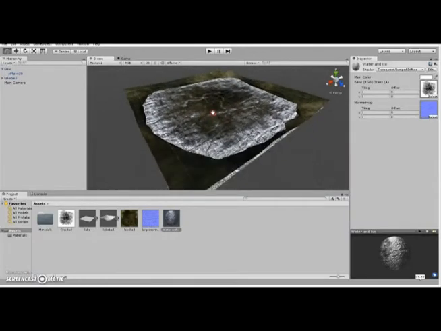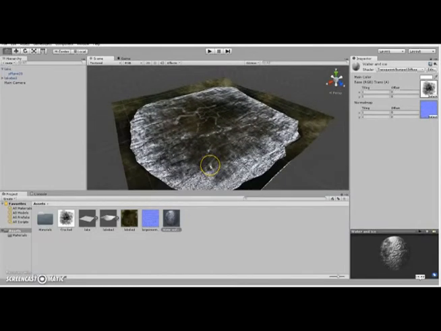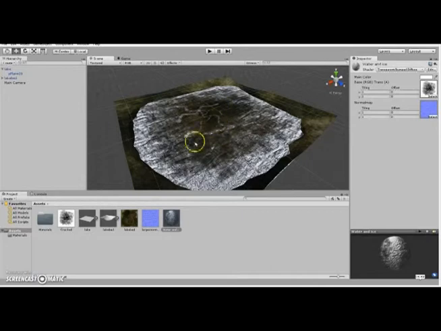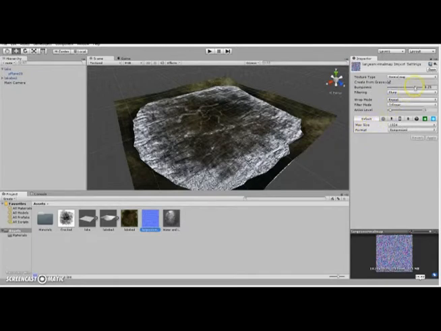But as you can see, it looks a little messy. The cracks aren't very beautiful. But what I'm getting at is all this weird grainy stuff in the ice. We don't want that. So go to your normal map. This is where you can change it by going to the bumpiness. If it's max bumpy, the more grainy looking it'll be. If you go to a lighter one,